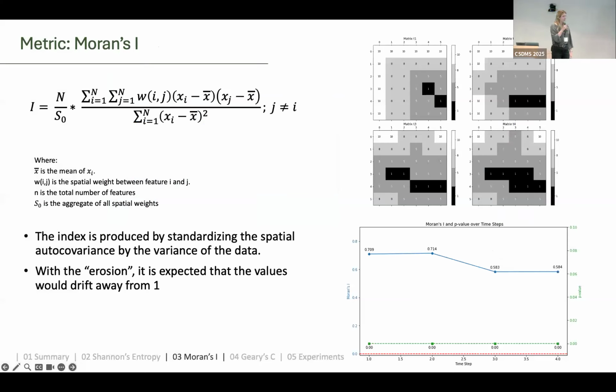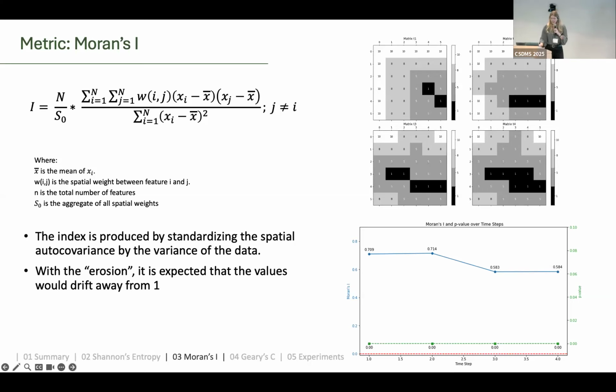So to have a better understanding of what's going on, I also included some autocorrelation measurements, which, again, basically give a number for each output that you input in your module. In here, what it's basically doing is comparing, getting the value from the neighboring cells. So if you have more erosion, this number will drift apart from 1, because 1 is the best autocorrelation